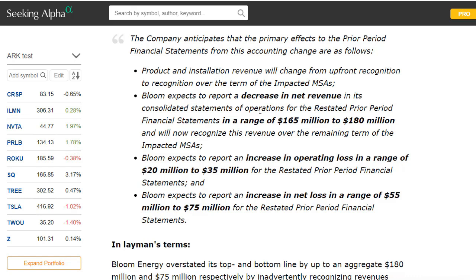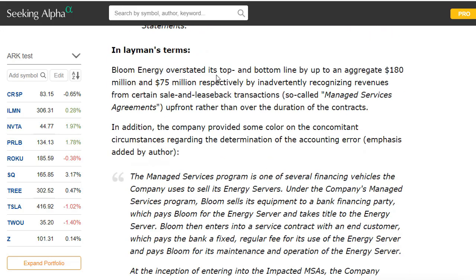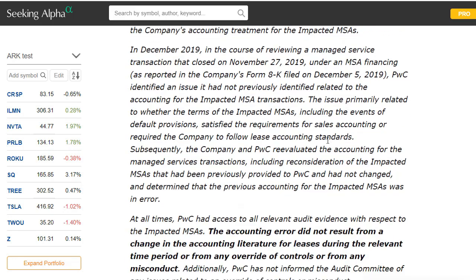Yeah, here it is. They had to tell the investors that Bloom expects to report a decrease in net revenue and some increase in operating losses, and all of this because they simply overstated its top and bottom line by up to an aggregate of $180 million and 75 million respectively on the bottom line. So that was kind of a bummer,